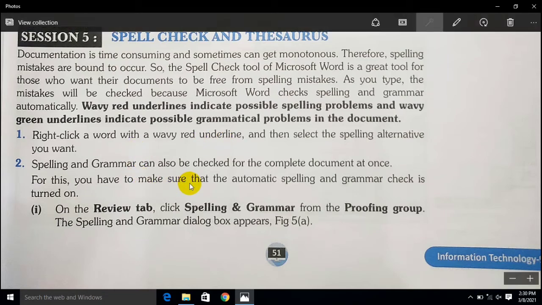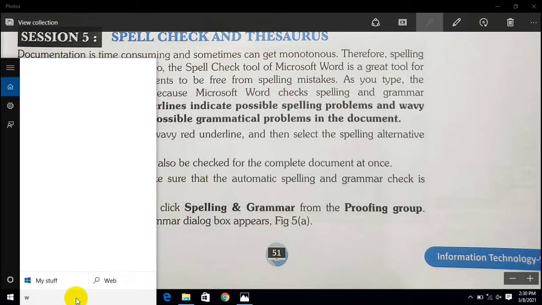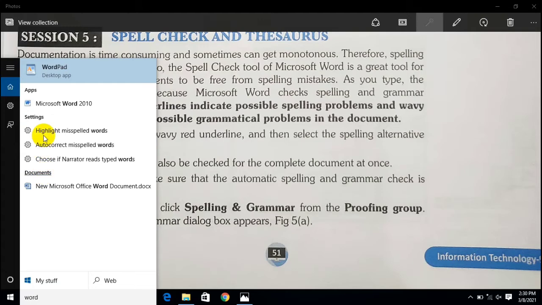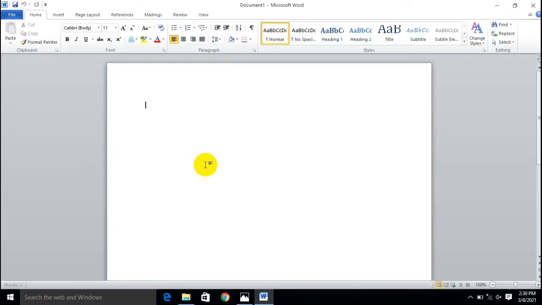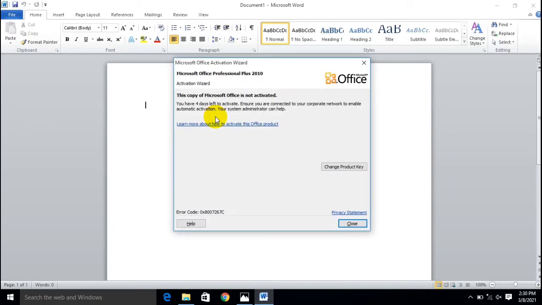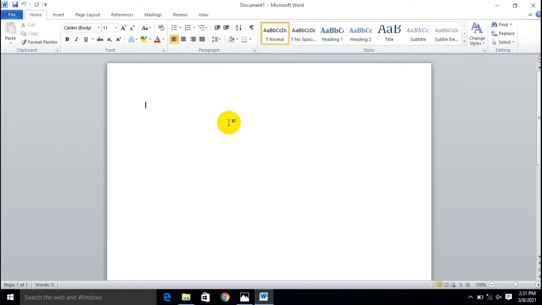So how do we do it? Here I'm just typing in Word. I'm just opening a Word document, and as you know very well, close these things and suppose my